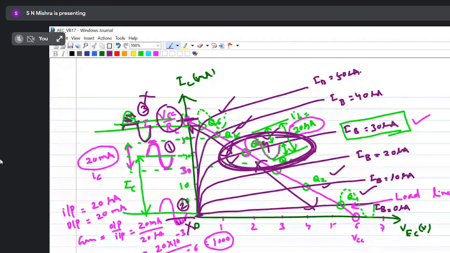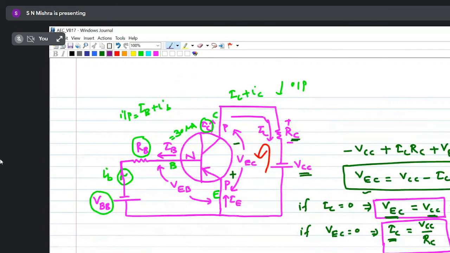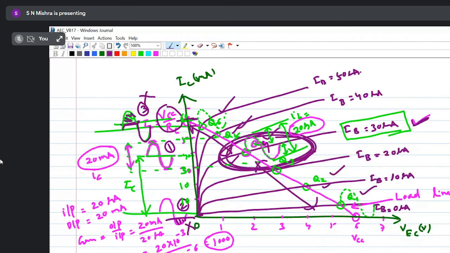Now to choose the Q point, suppose I choose Q4. For that I have to set IB to 30 microampere. To set IB to 30 microampere, I have to choose proper resistance and proper voltage. So this process is called biasing. Biasing means proper choosing of voltage and proper choosing of resistance so that the transistor will be biased,